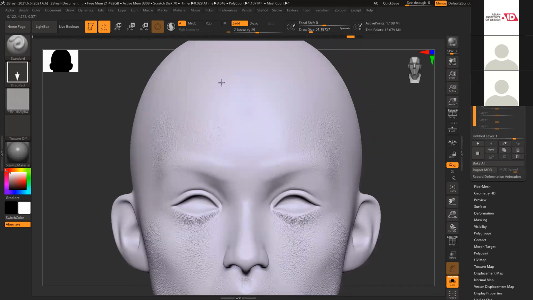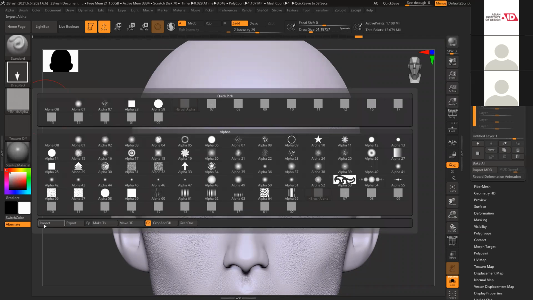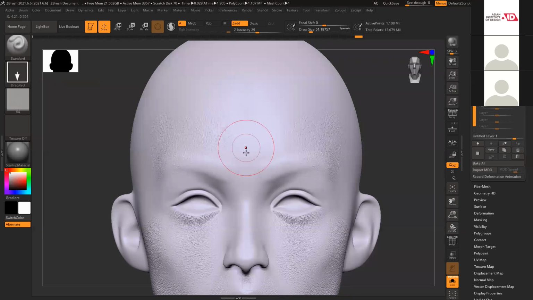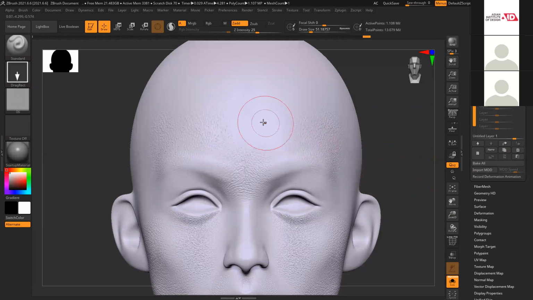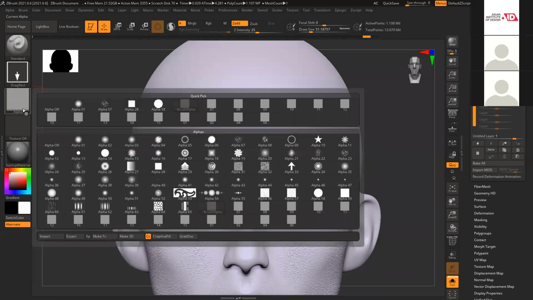Whenever you can see symmetry is visible, make sure to switch it off. Number 4. Number 6. Oh, number 3, this one. My bad.